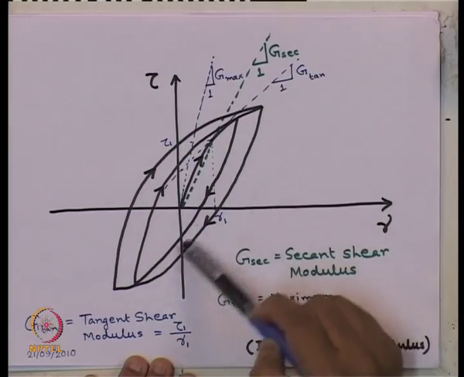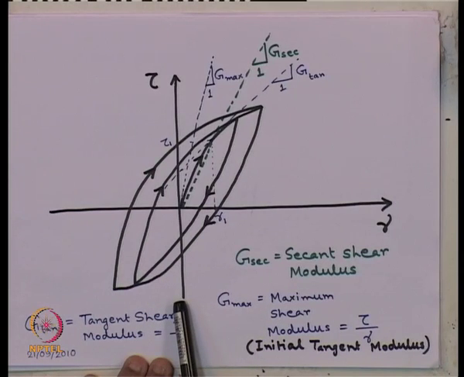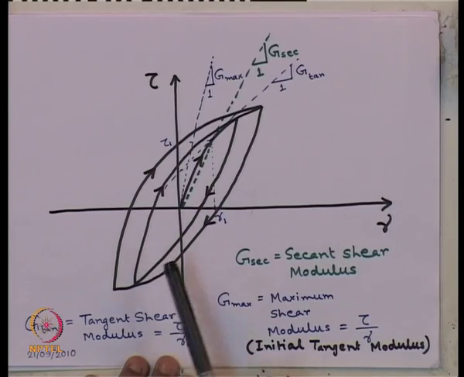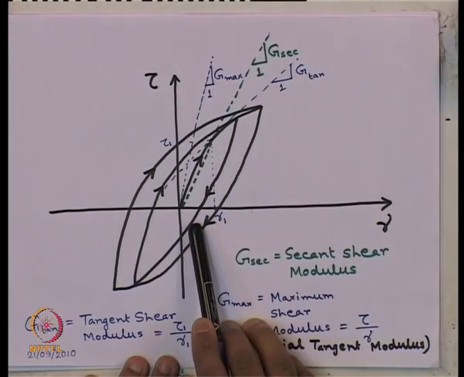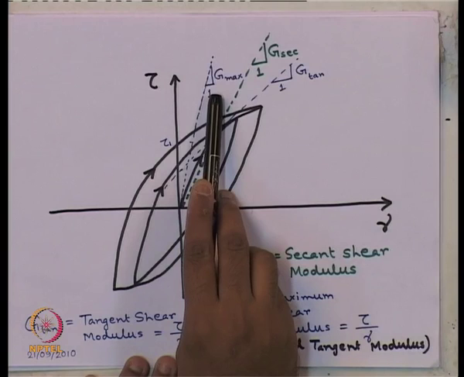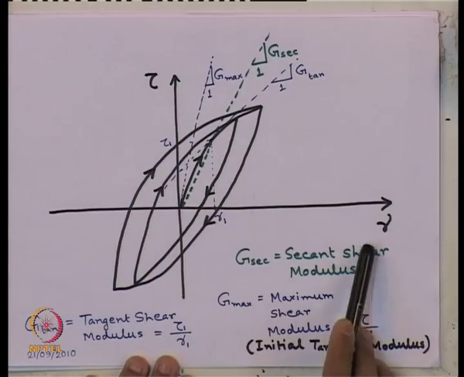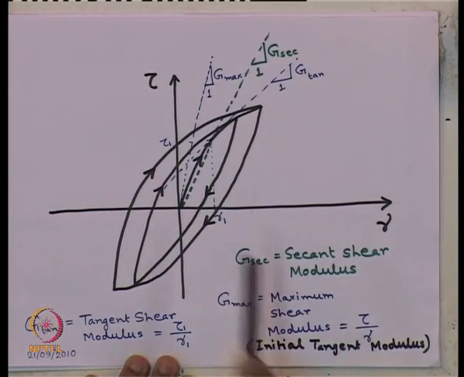As per different cycles, we will get different envelopes of this tau versus gamma plot. Now, from this we have identified that the slope of the curve is not a constant value, but it is changing, and we have learned that if we draw a tangent at the initial portion of the curve, that is called G max. G is nothing but the shear modulus, which is given by tau by gamma, shear stress by shear strain. So, the initial tangent modulus is nothing but the maximum shear modulus, the slope of the curve at this point.